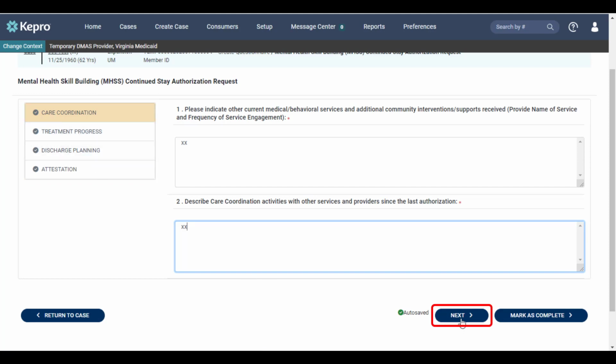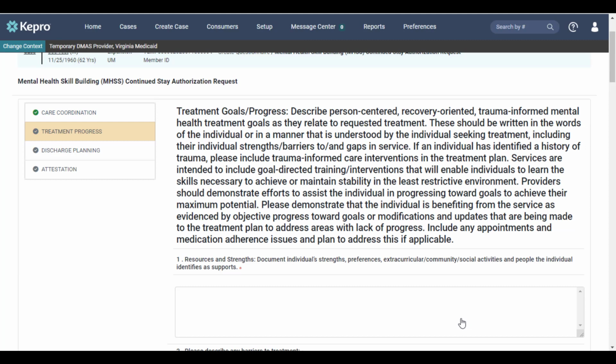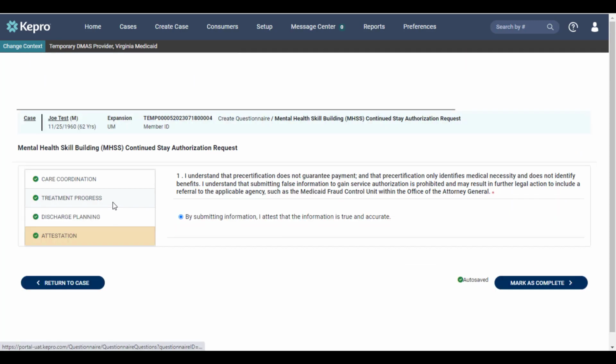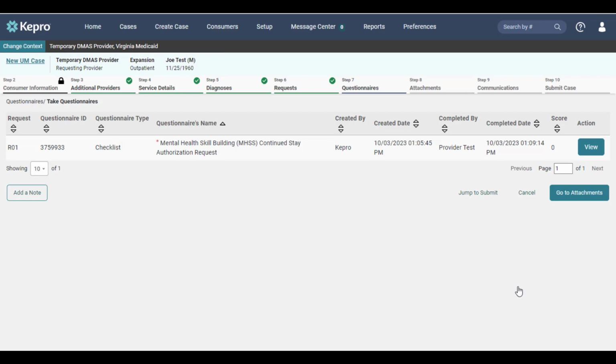I will click Next, and we will repeat the same process. You will notice that in the navigational tree, a green check mark will appear for each section that has been completed successfully. When all the information on the questionnaire has been completed, you will click Mark as Complete, and the